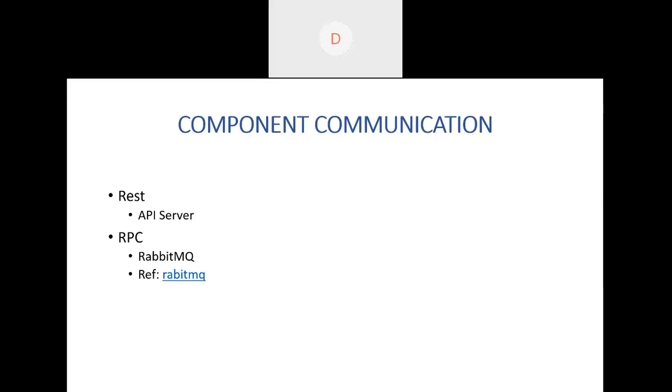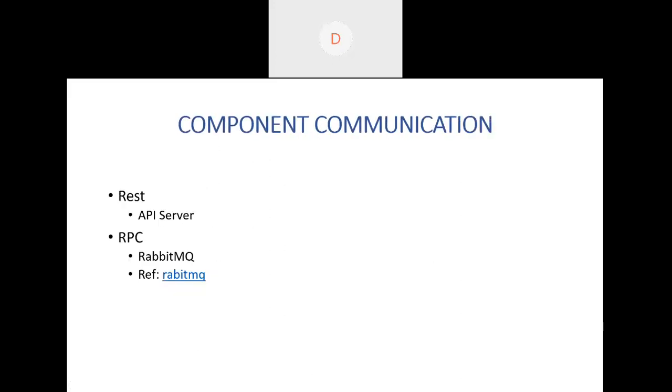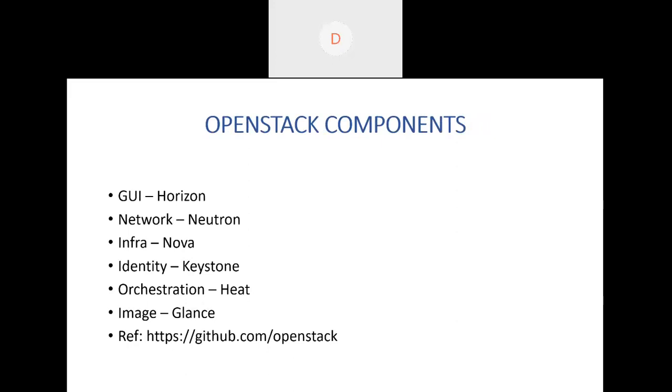the Glance API server. So the API server handles the request from the southbound, or north-south traffic, you can say. We'll talk about that. From outside, anywhere you have to send a request, you will make use of the REST server. And apart from that, if Neutron has to talk to Nova, or Nova has to talk to Keystone, or Neutron has to talk to Keystone, all the different components will be talking through REST APIs. We'll come to RPC and why that is there, but each component will talk in REST to other components, and each component will have different types of processes for different purposes, and those processes will be talking